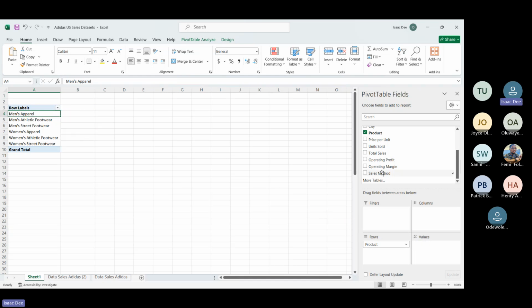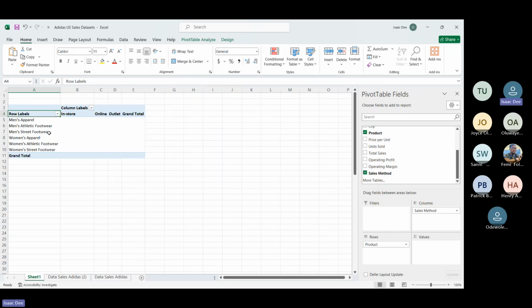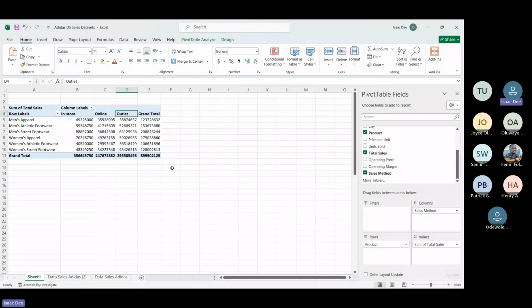Let's say I want to put sales method as a column. That is, in store, then online, then outlets. So let's say I put the total sales now, for example. So with this,